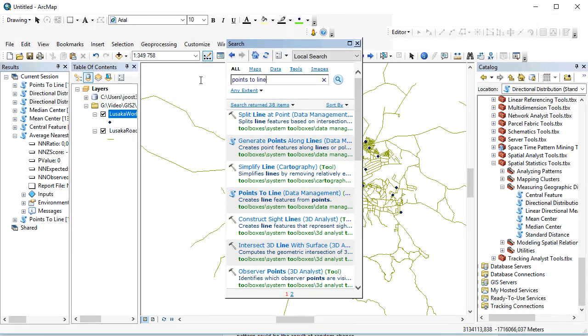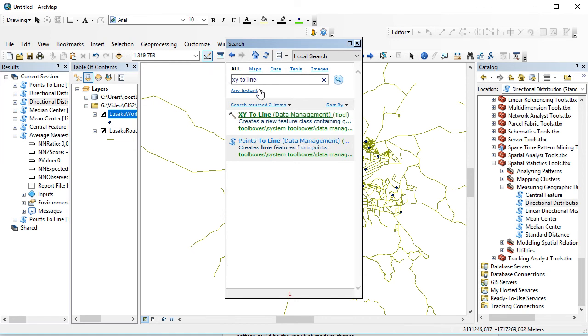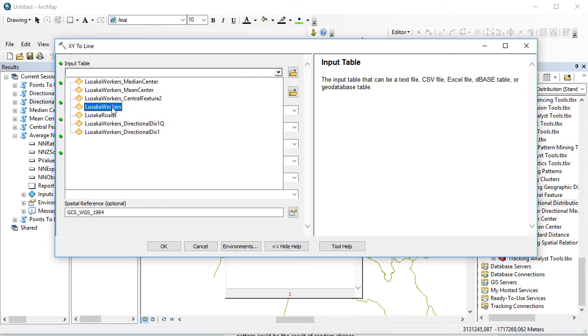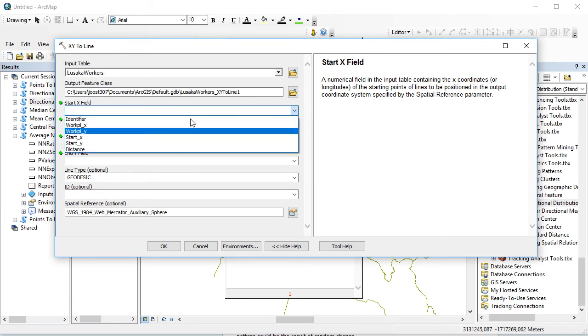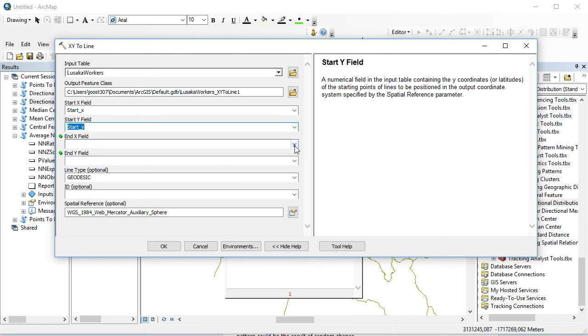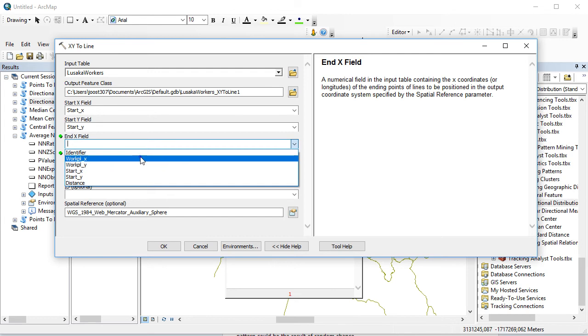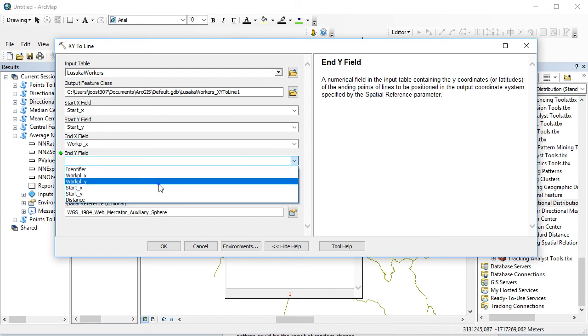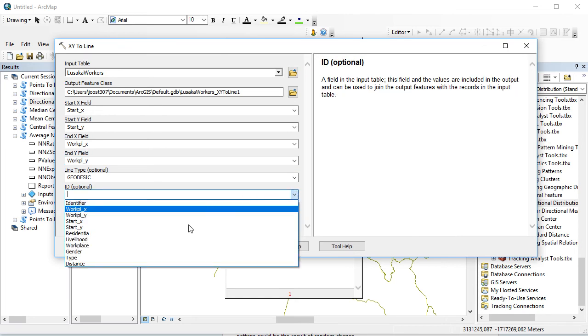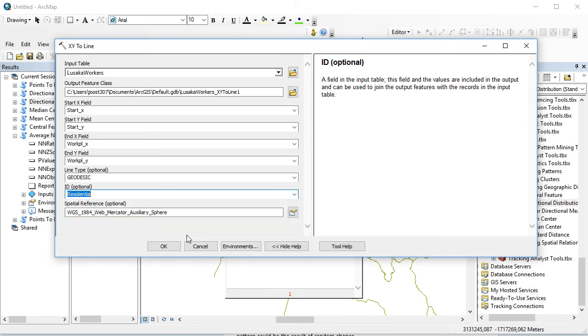So XY to line, and I get an opportunity to fill in what kind of table I'm going to use. I'm going to use the Lusaka workers. I'm accepting all the names. The start field X would be start X, start Y, and the workplace X and workplace Y would be this one. I'm going to go for the geodesic, and the ID in this case I'm going to do somewhat differently. I'm going to use residentia,